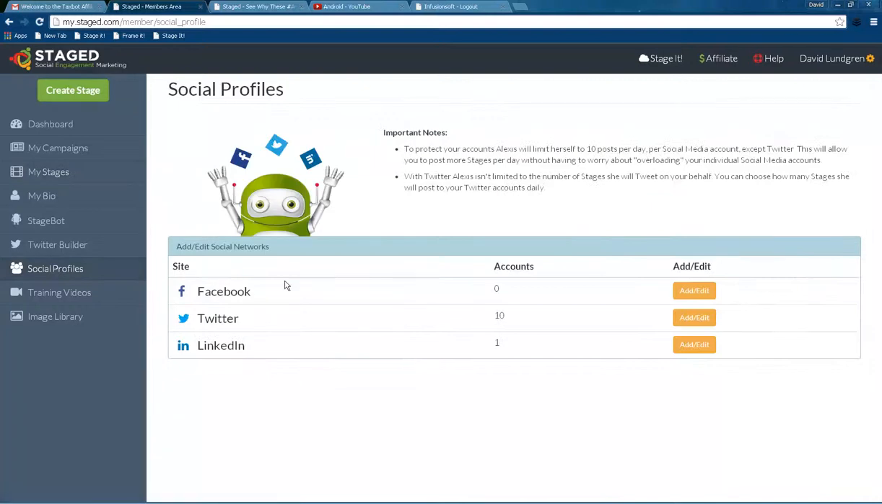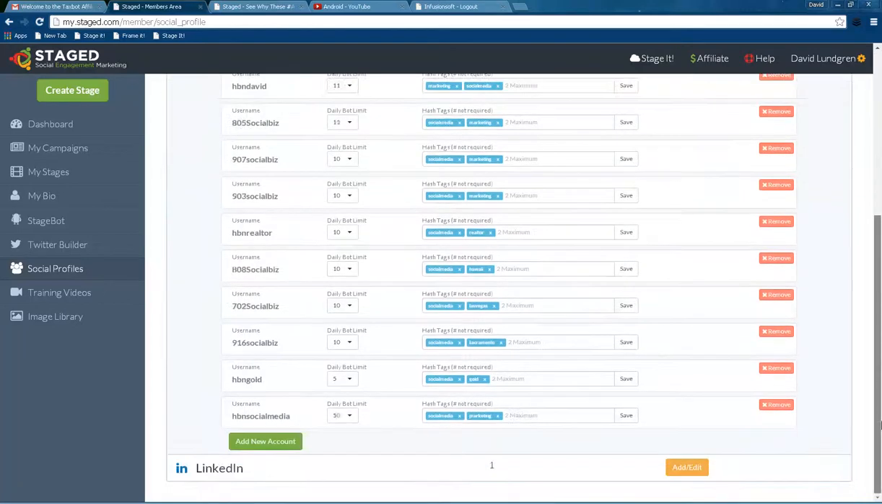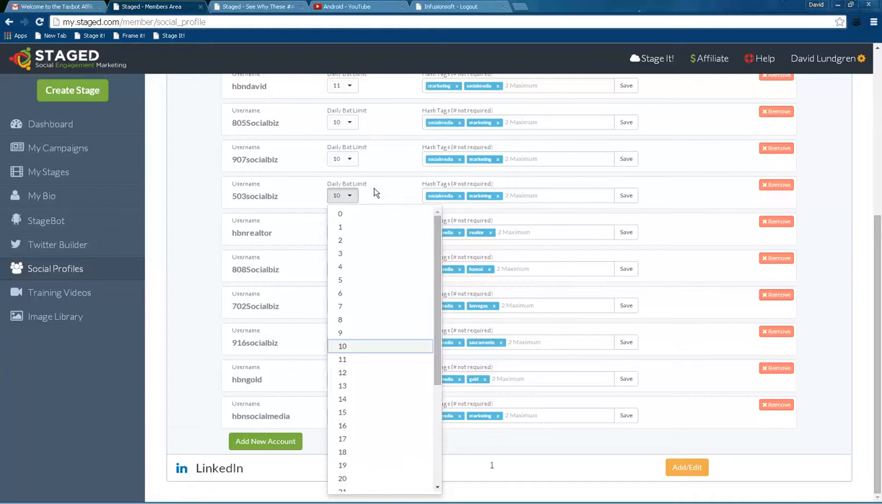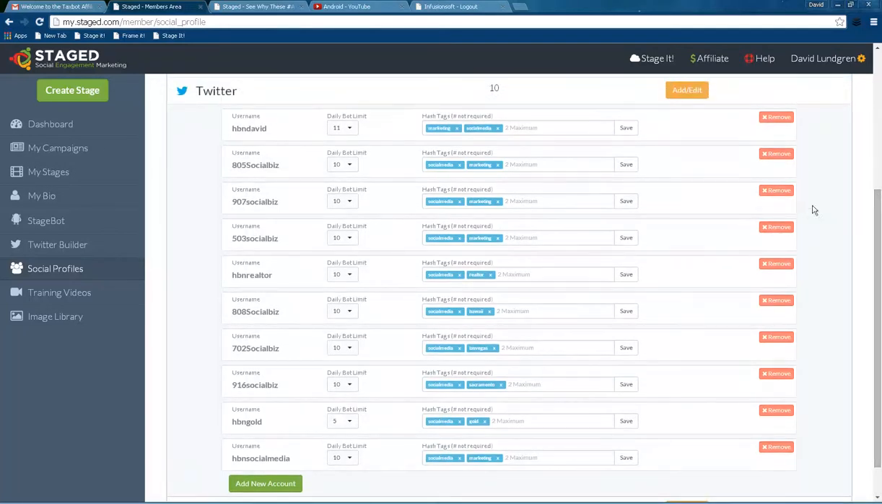We're going to do a little work on, well, let's go with the social profiles first. Social profiles, if you have a Facebook account, you can click add edit. Let's just do Twitter. I go in here and I can add edit, and all I got to do to add one is simply add a new account. And you can see I've got my Twitter accounts. I've selected the daily bot limit. You might have higher if you've got a lower number of channels, but with my 10 channels there, that's well